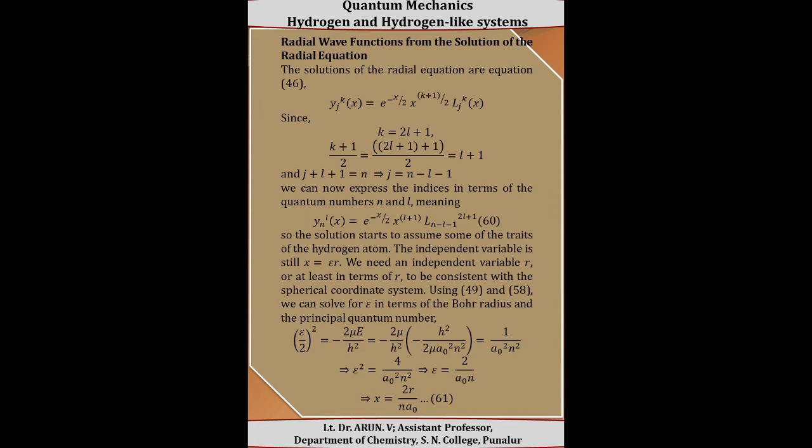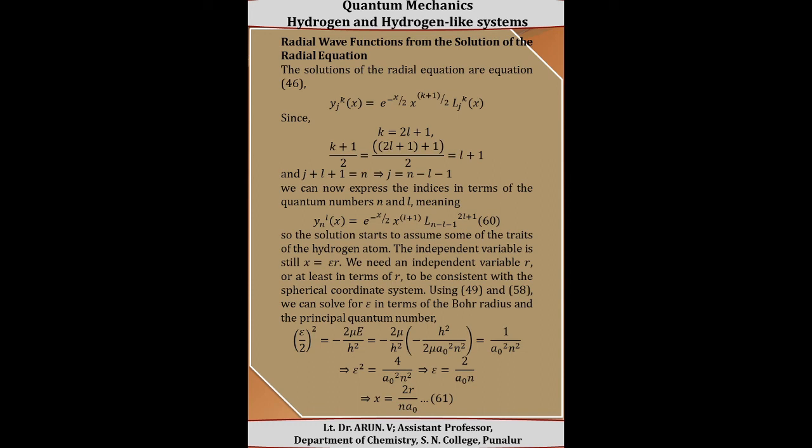We need an independent variable r, or at least in terms of r, to be consistent with the spherical polar coordinate system. Using equations 49 and 58, we can solve this equation in terms of epsilon, in terms of Bohr radius and the principal quantum number,